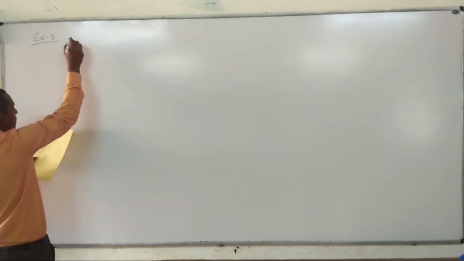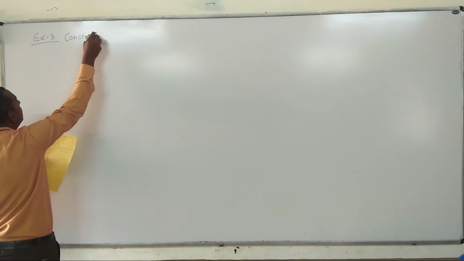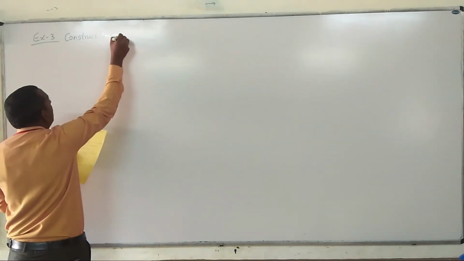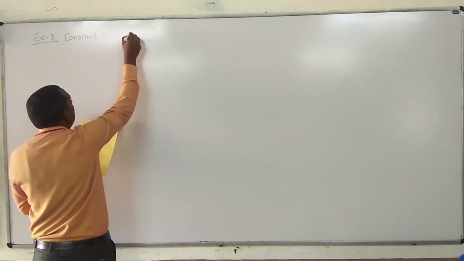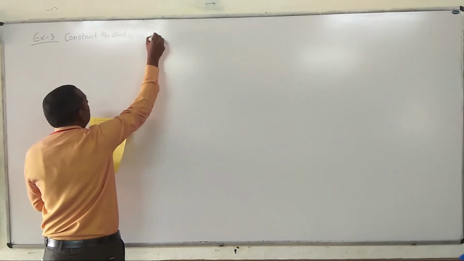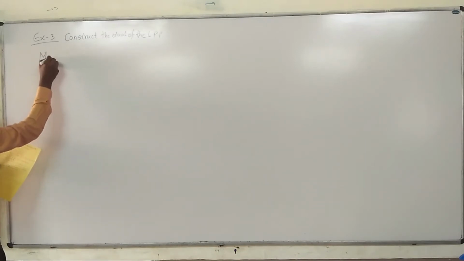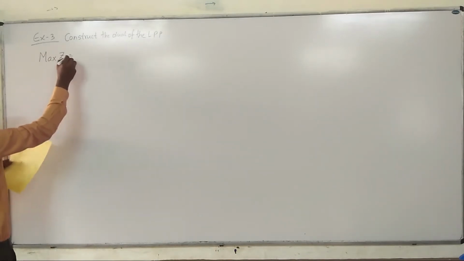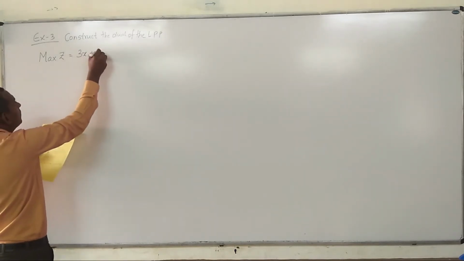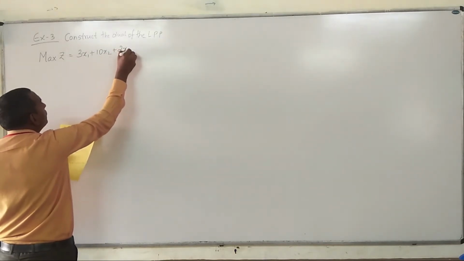3. Construct the dual of the LPP. So the problem is max z is equal to 3x1 plus 10x2 plus 2x3